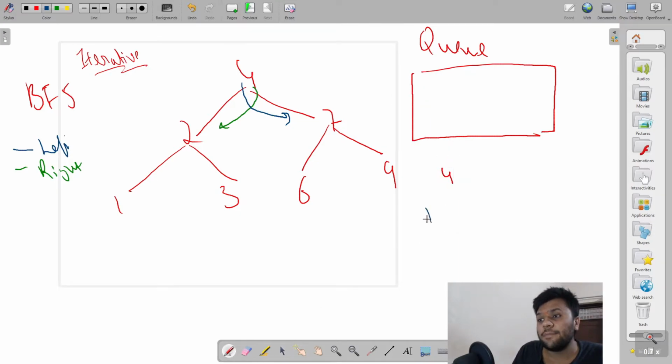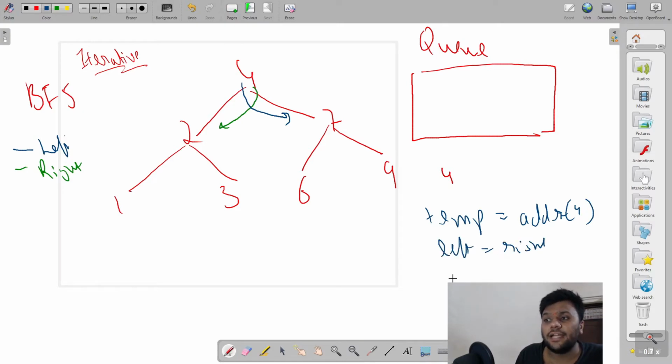I'm doing the same thing: I'm creating a temp whose initial address is 4. The left will point to the right, and its right will point to the temp. So temp is our left one.